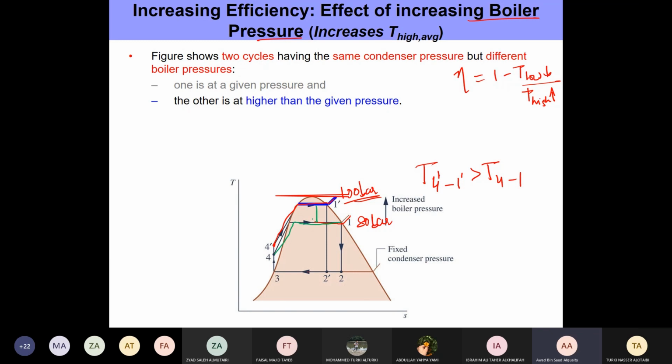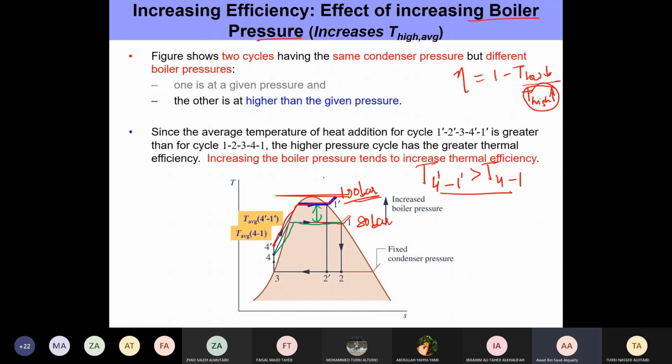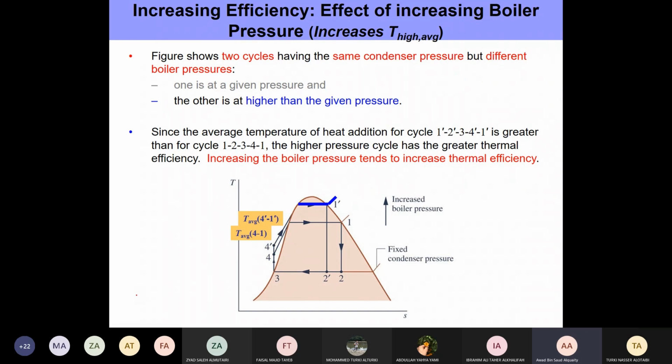All right, there's a huge gap in here because higher saturation temperatures correspond to higher saturation pressures. So simply by increasing TH, the temperature at which heat is being added, we can increase the efficiency. This is another very good way of doing that. This also has some limits to how high we can go with the temperature.